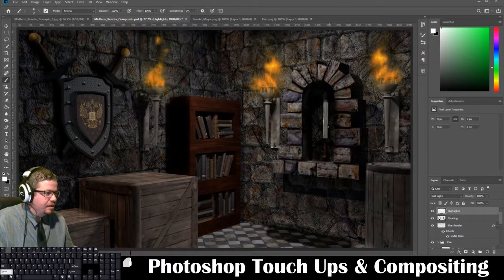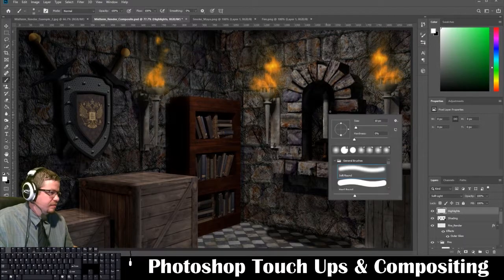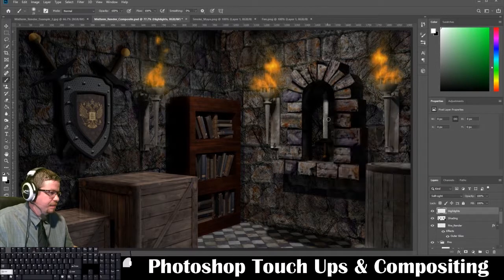And I'll just go ahead and, maybe a little bit bigger, add some highlights in here. And maybe not this sword, it's not exactly what I'm going for,